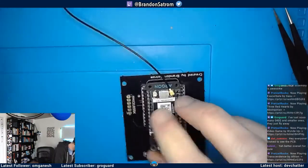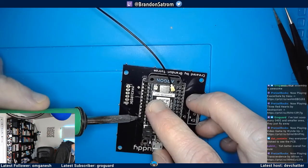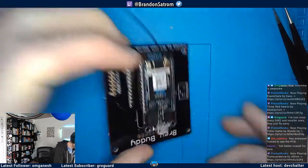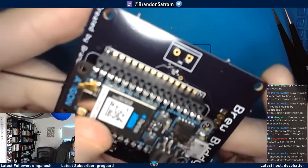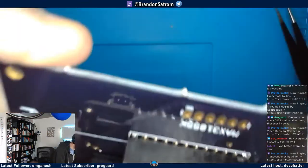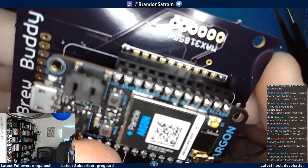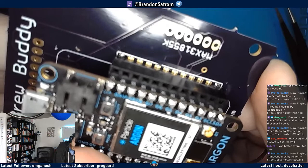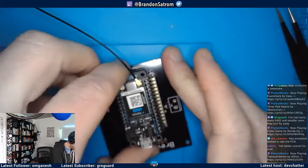3 out of 4. I think I just redid that one. I can't remember which one I did. I think that actually looks pretty good. Not focusing. Those two sides look good, as do these two. I think I have every pin. Y'all see that? Every pin soldered and accessible here. So that's good. So I'm going to remove the Argon now because it is...